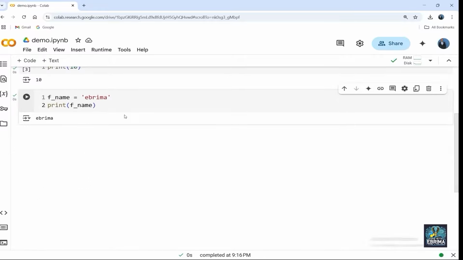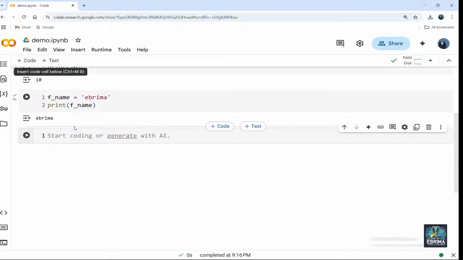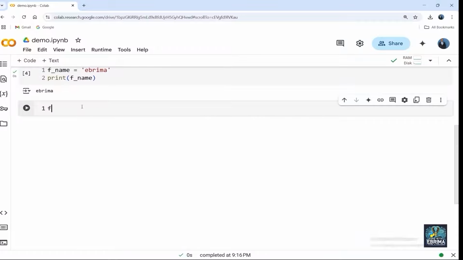Now we are going to take a closer look at how to upload local files into our Google Colab. There are two ways to do it. One is by codifying it and another way is manually. So let's go ahead and start with code. Now I'm going to click this and come here. I'm going to say from google.colab import, for example, files.